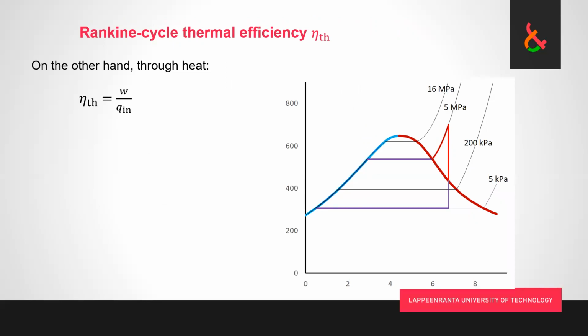Now, that was how it was defined with the works. And now we remember from last week's lecture that the TS diagram is supposed to be quite helpful for us in understanding the efficiencies of different thermodynamic cycles. And in this case, we can get started with the Rankine cycle. It's drawn here as a process in the water vapor TS chart. And looking at this, if we think about how the efficiency looks if we define it through the heat inputs and heat outputs, we remember that